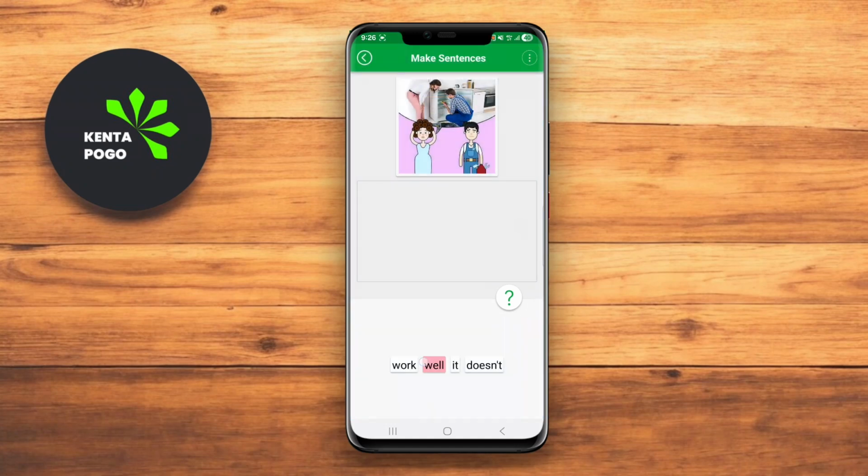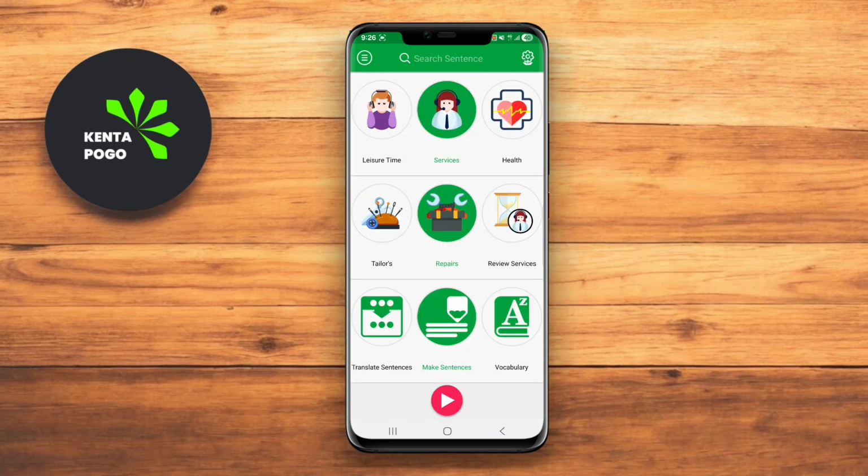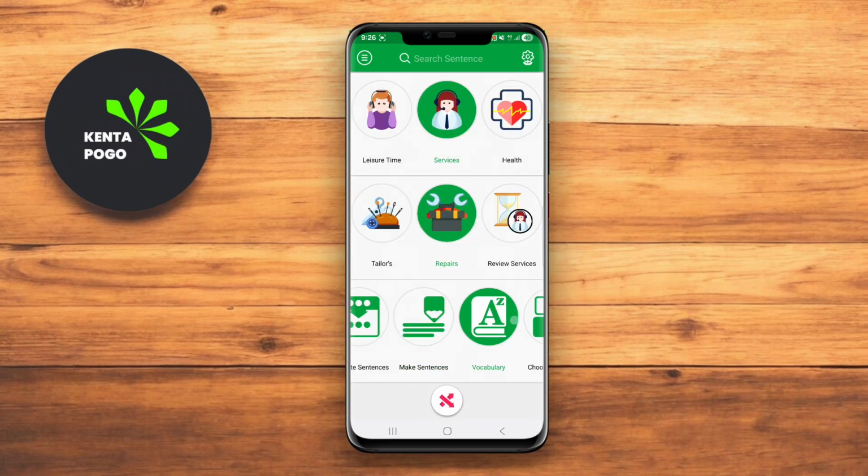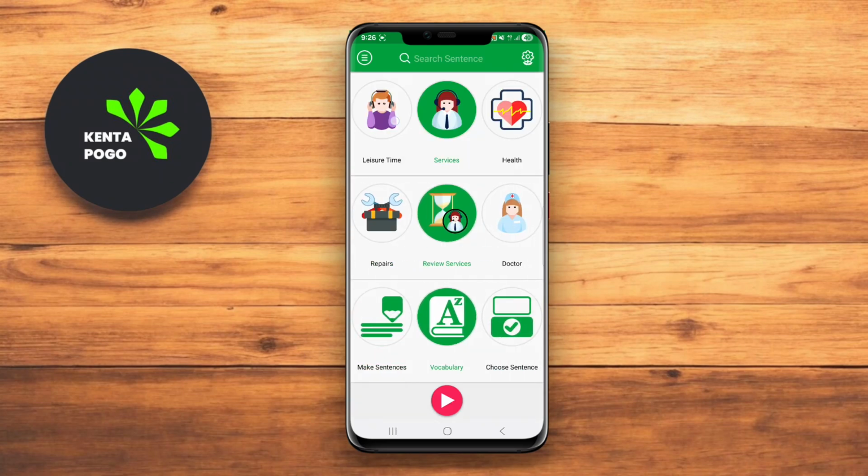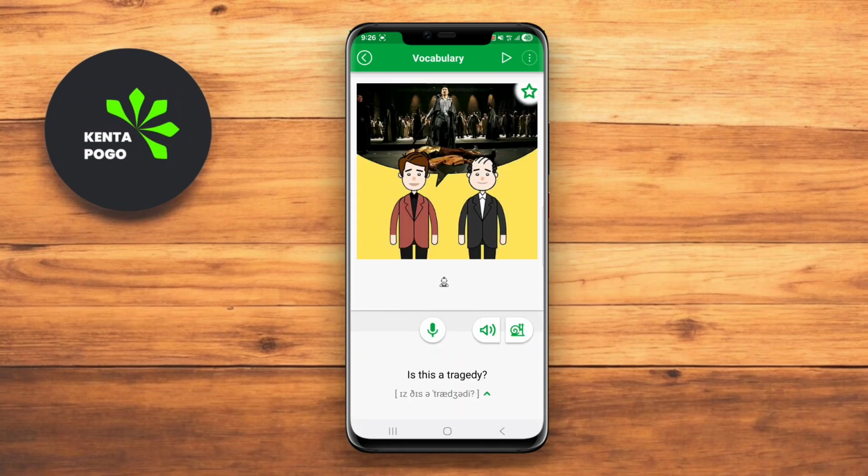skills effectively. The app may also incorporate features like quizzes and flashcards to reinforce learning and help users test their knowledge. Overall, Learn English 5,000 Phrases serves as a valuable educational tool for anyone looking to enhance their English language proficiency and communicate more confidently in various situations.